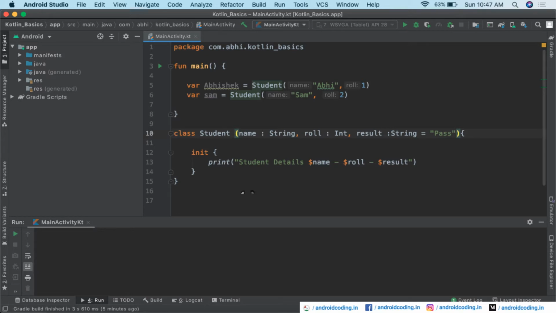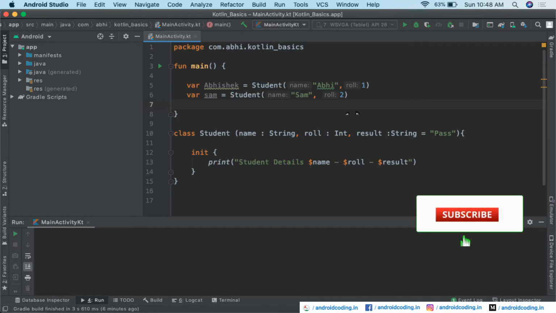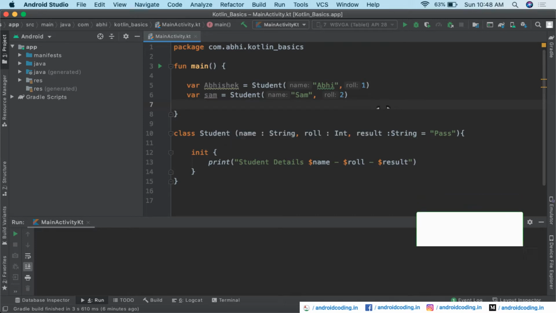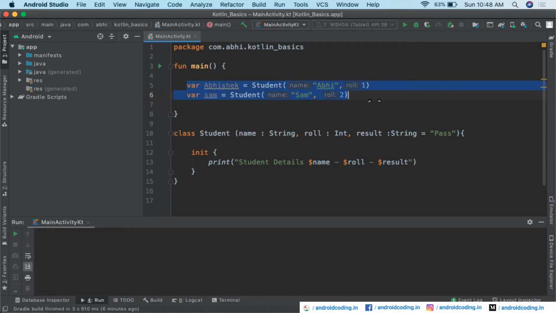In this tutorial we will be dealing with how to specify a secondary constructor here. We have also seen the default value declaration in our constructor: here we have specified a variable result, and also a default value for it. Not only a secondary constructor, you can add as many constructors as you want depending upon your application requirement. So now let us start.